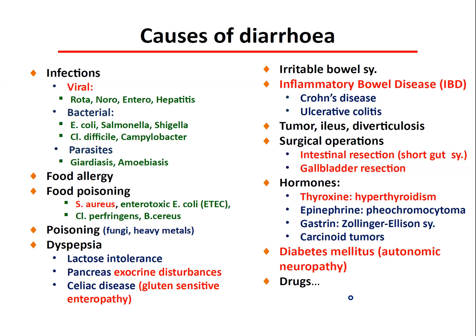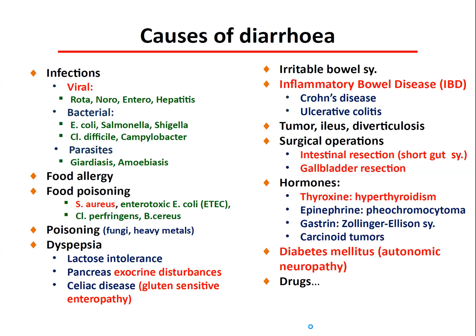But food poisoning, such as the enterotoxin of Staphylococcus aureus, for example, or E. coli, or Clostridium perfringens, or anything that can cause a problem with the patient and cause diarrhea, or fungi, or heavy metal poisoning, or dyspepsia, if somebody has lactose intolerance, or pancreatic exocrine disturbance, for example, or celiac disease, the gluten sensitivity, or enteropathy, or irritable bowel